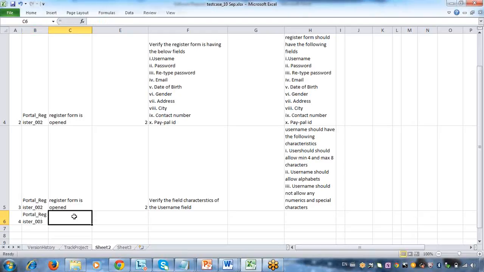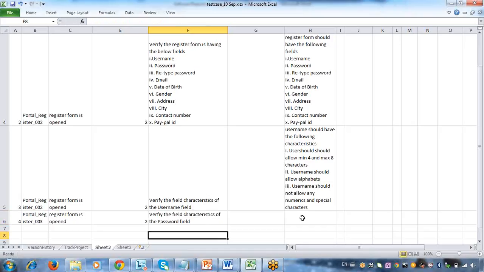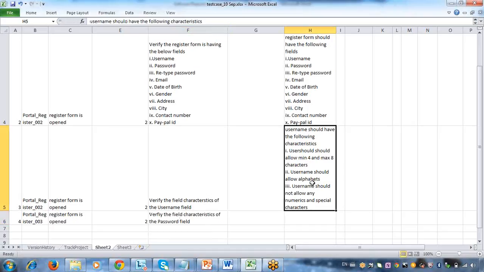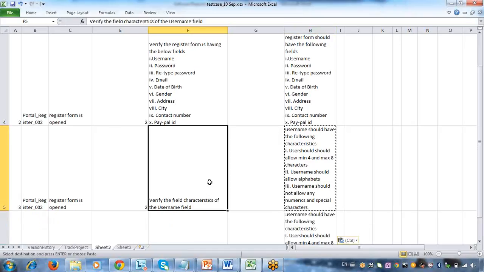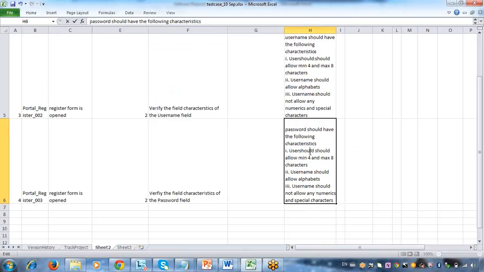Register form is open. Now I have to check for almost all the fields. I have to check for all the fields. Password should allow the